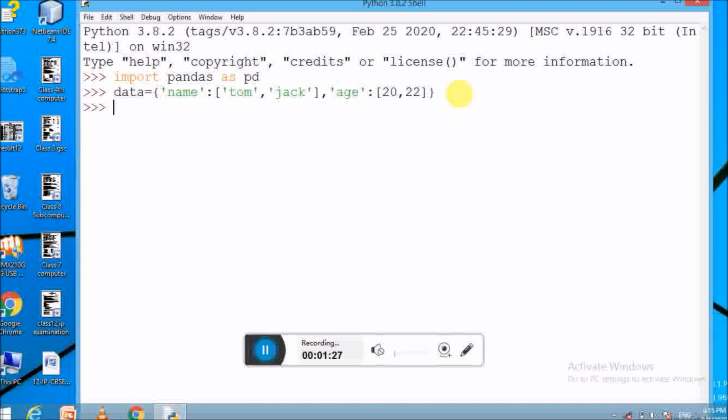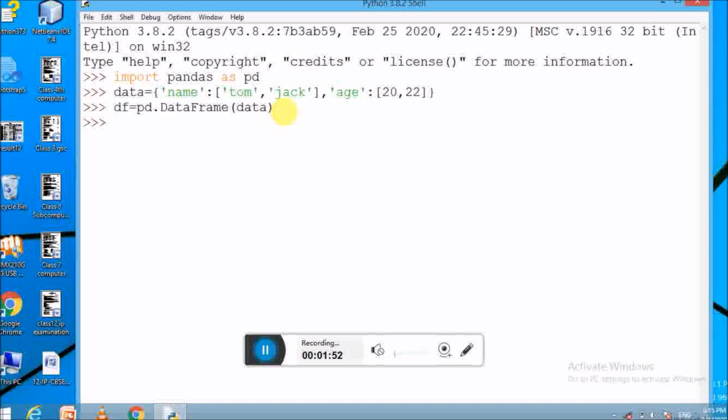Now to create the data frame, just type the code df is equal to pd.DataFrame, and inside the constructor of this method we should pass the data. Here I want to create the data frame using this dictionary of lists.